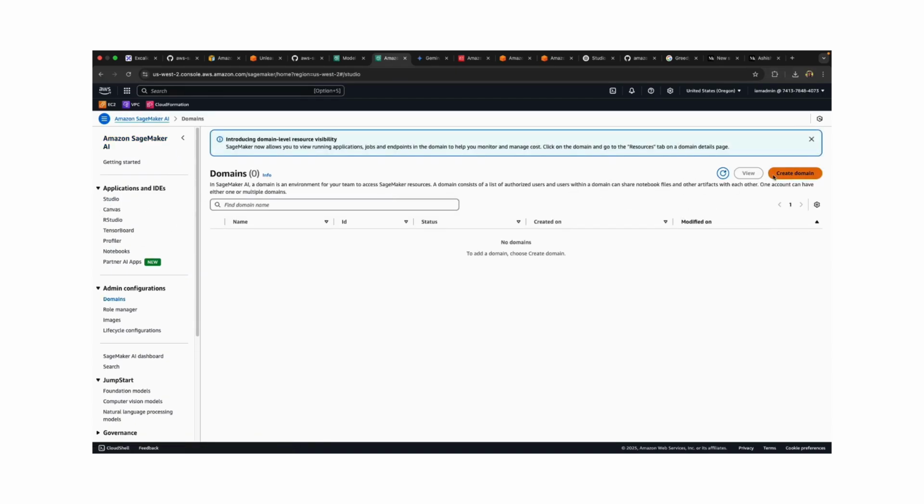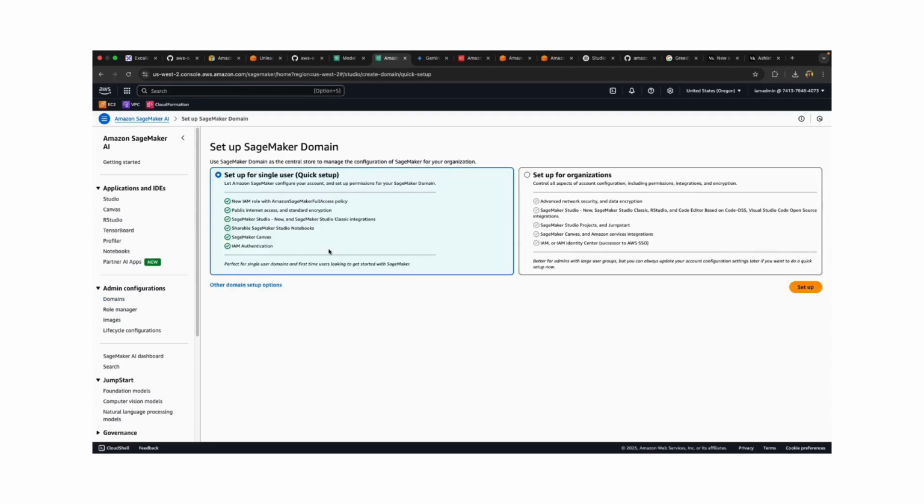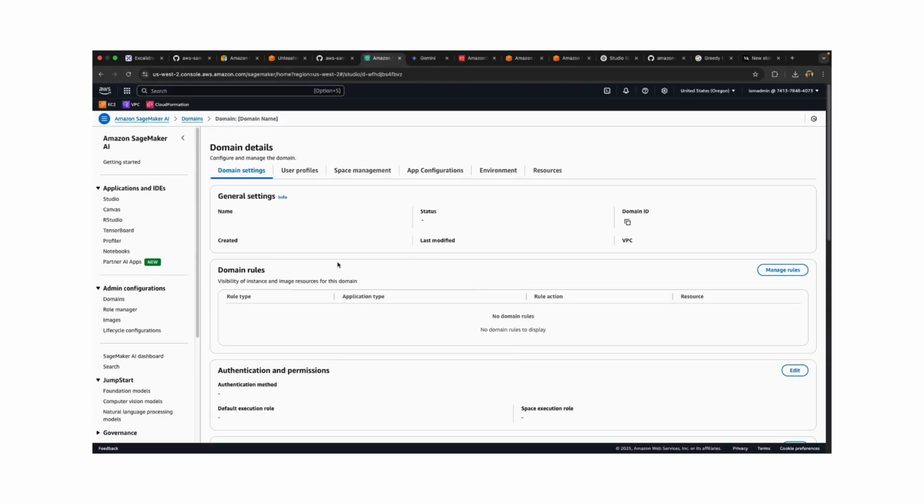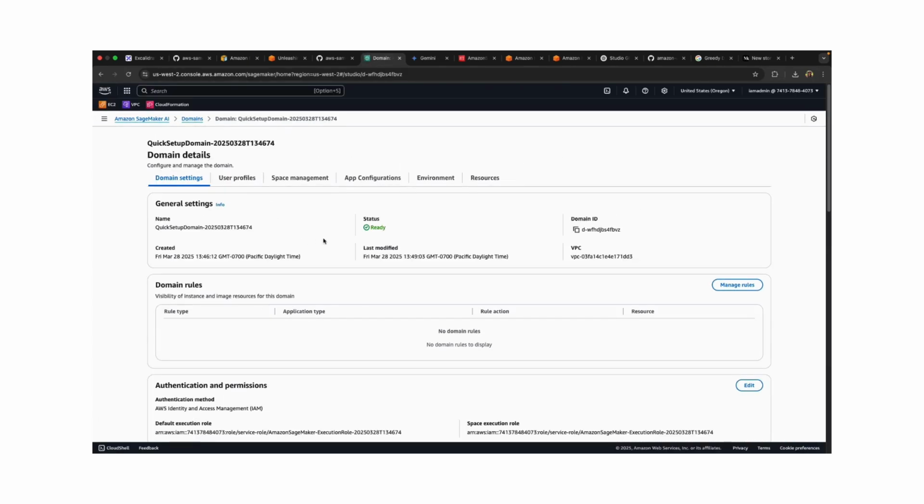Now I don't have any domain, so let's click on create domain. Go with the setup for single user because this is just for your learning, and it's the most convenient one. It's setting things up for you here. So the domain is now set up. It takes like 5 minutes.